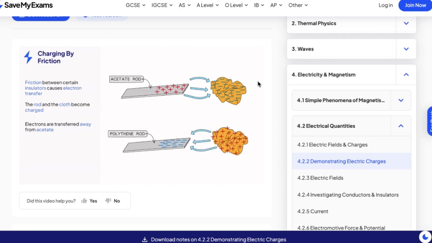When a polythene rod is used, however, the electrons are transferred from the cloth to the rod. Once the rod is charged, it will repel objects with a like charge and attract objects with an opposite charge. Exam questions on this specific topic will usually use this context, so make sure you can explain the transfer of